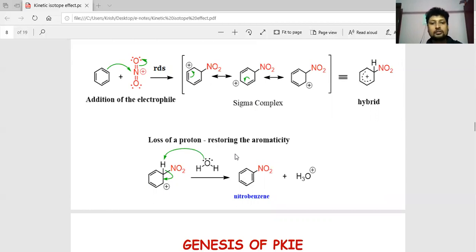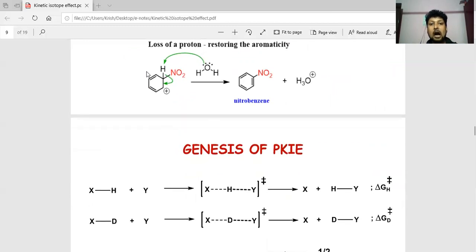Here now just have a look here. Since the CH bond breaking was not involved in the RDS, so KH-KD ratio was 1. Now how we are saying that if KH-KD ratio is 1, then it will not exhibit primary kinetic isotope effect, or in short PKIE. And if it is near to 7, why it will be exhibiting PKIE? For that we have to understand the genesis, that is the inside, how it is happening.